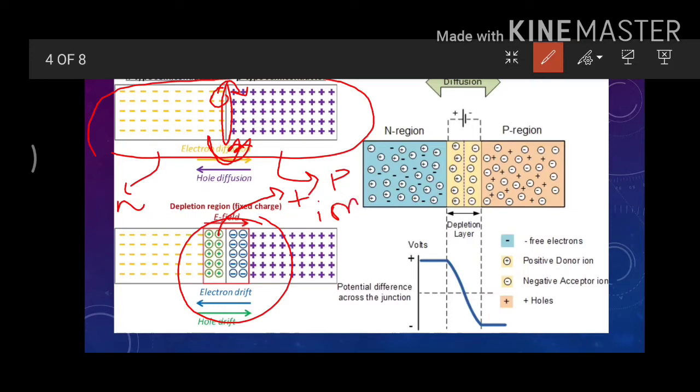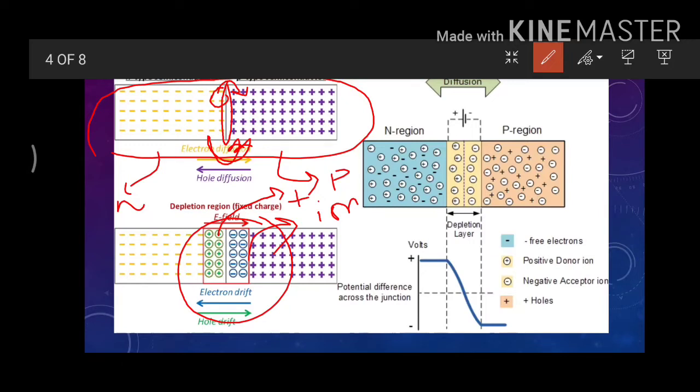Similarly, when it combines with the hole and completes the octet of the atom which had fewer electrons, it makes a negative ion. This is the basic principle of chemistry you might have studied: whenever an electron is donated, the atom carries a positive charge, and the atom which accepts the electron gets a negative charge. Why? Because the atom which is accepting the electron has more electrons than protons, hence the net effect is negative.